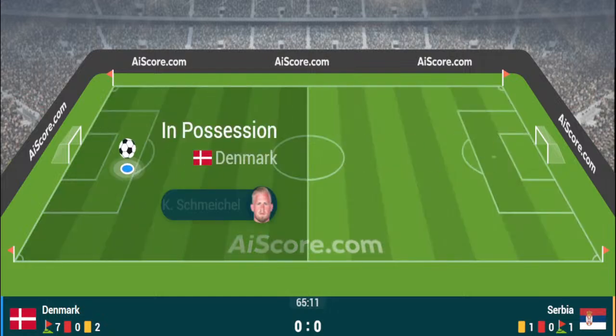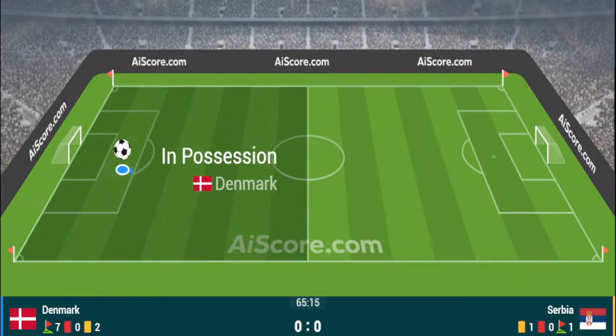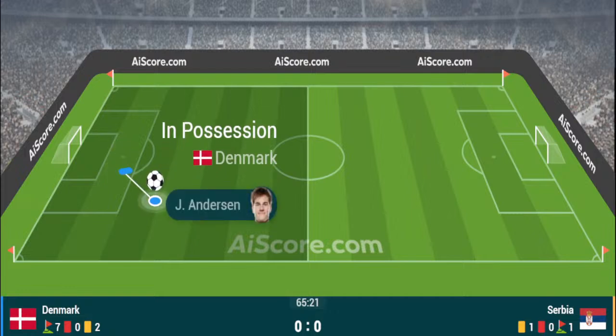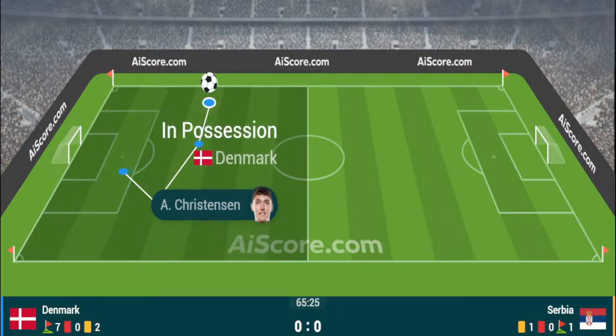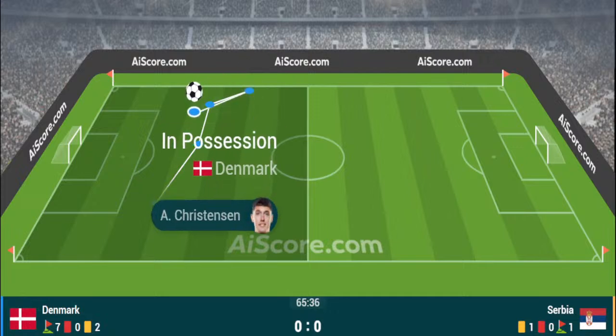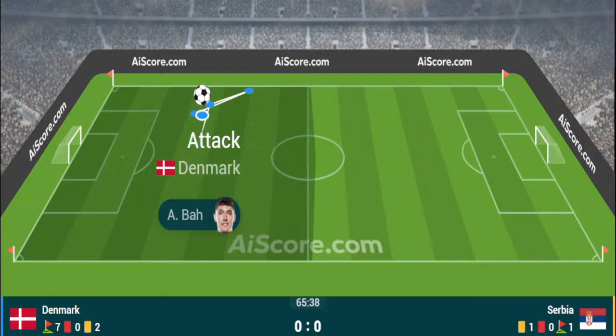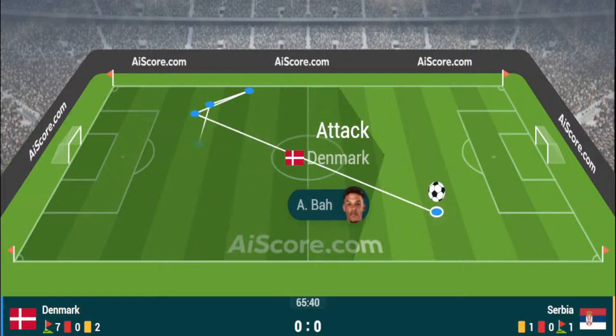The header at goal is right down the throat of Rajkovic, and certainly it was the suggestion that Serbia wanted a foul, I think, inside the penalty area. It was Vestergaard who got a head on it in the end. He was rather backpedaling, and his header just moved straight into the arms of Predrag Rajkovic in goal for Serbia. At some point Serbia are going to have to take a gamble. At some point Serbia are going to have to throw on Vlahovic and Milinkovic-Savic, you feel, to find a way through.